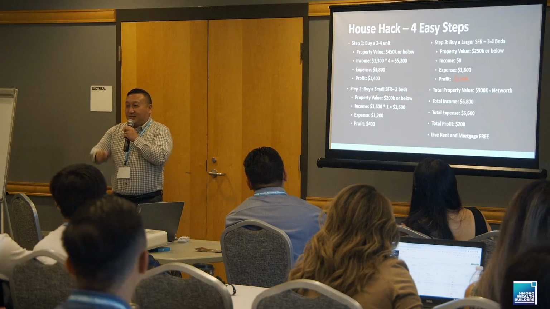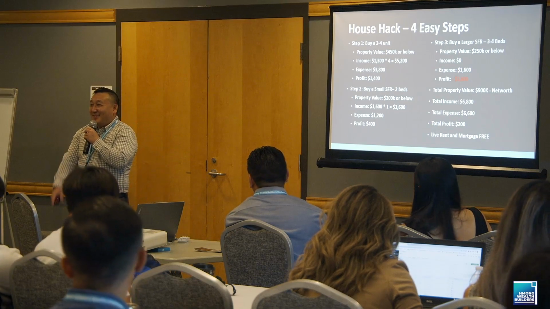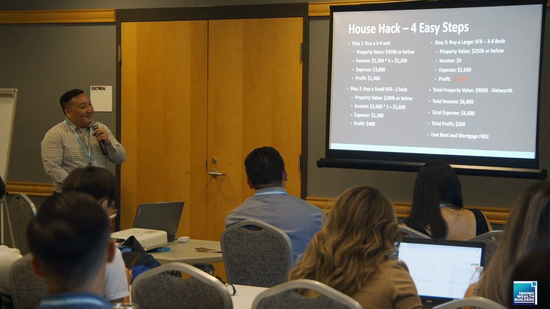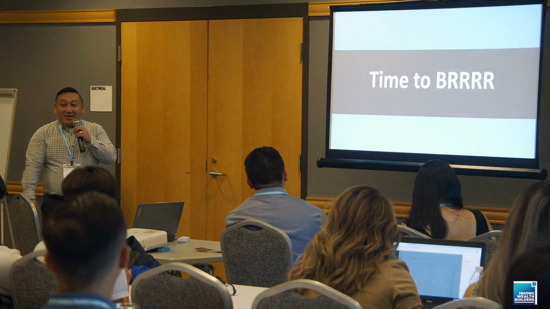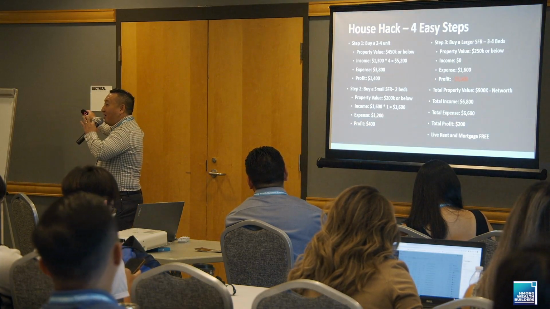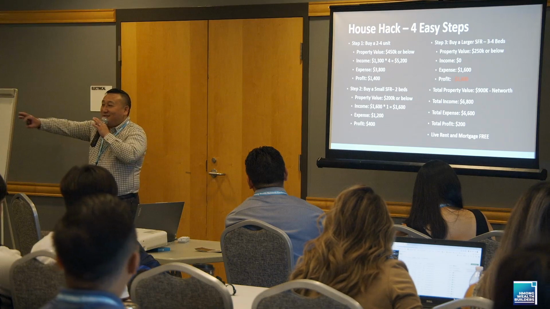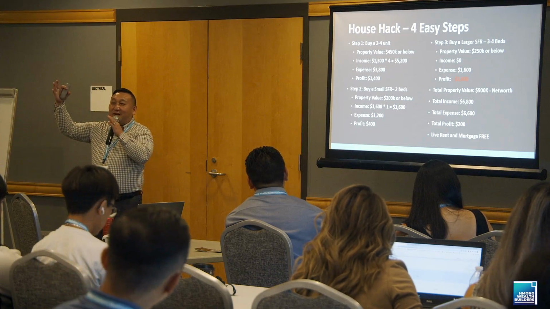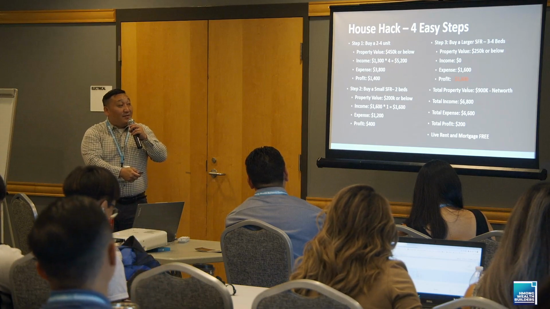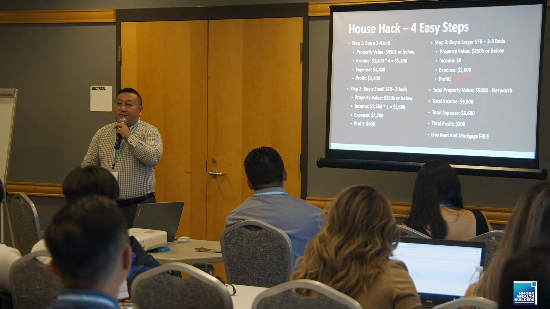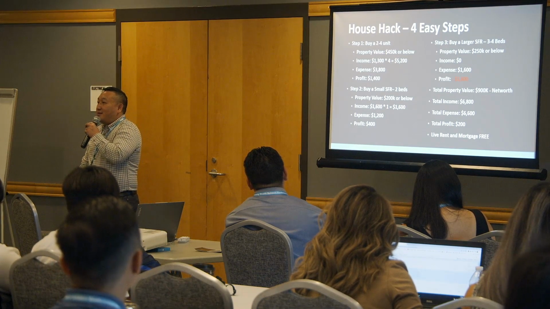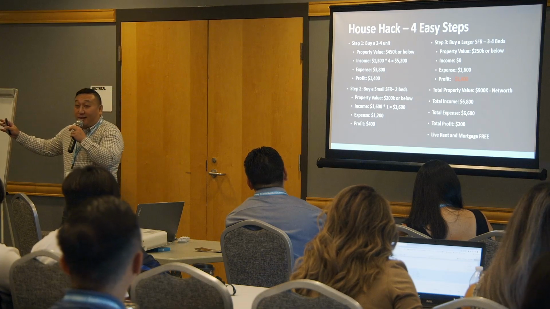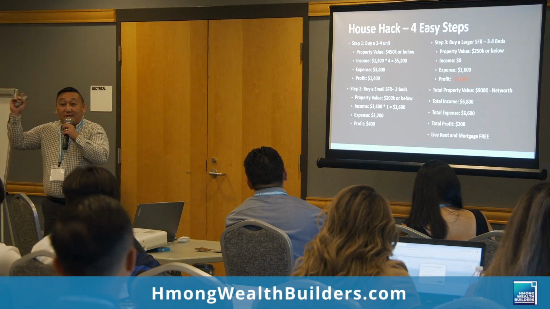He knows because that's what we did: him, his wife, and us. All right, so that's it. Does that make sense to everybody? If you don't have property, use the house hacking strategies to get you started. In three years, all you guys should be able to do that. If you did that, you'll have enough properties to be worth at least $1 million already. Is that a good one?